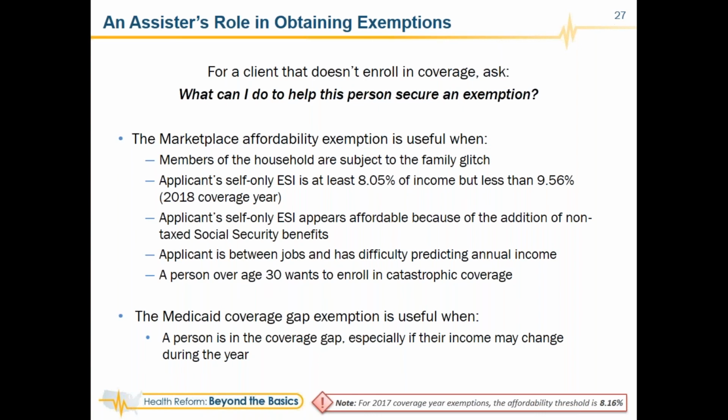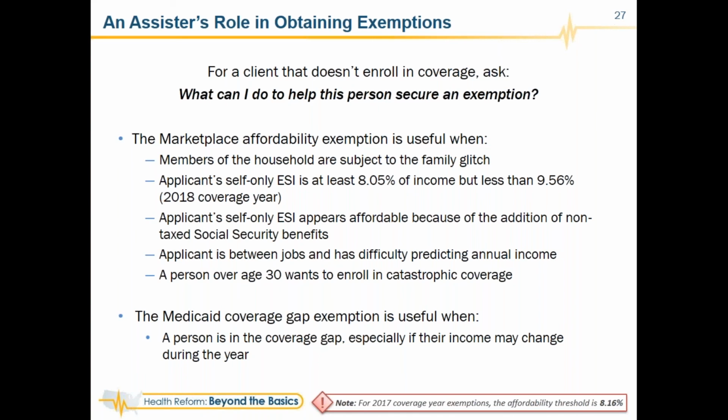One area where I think the exemptions are particularly useful, I'll say it again, is when people are between jobs and they have difficulty predicting their annual income. Some people just have a real roadblock in being able to put an income down on paper because they are so uncertain that they don't even know how to start to estimate it, and feel very uncomfortable about the possibility of putting something down, getting coverage, and then having to pay back APTC. So if a person is in that kind of situation where right now they are between jobs, an exemption is one thing that you could direct them to at least make sure that they don't pay a penalty for that